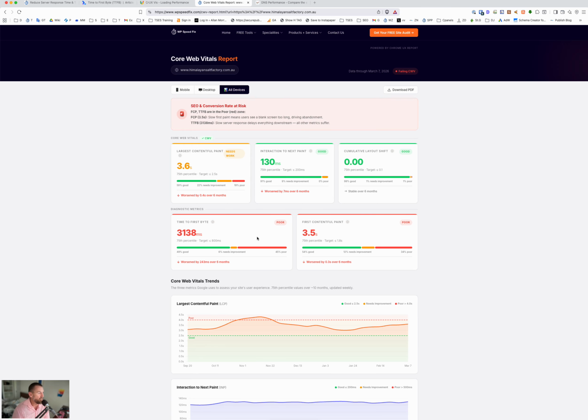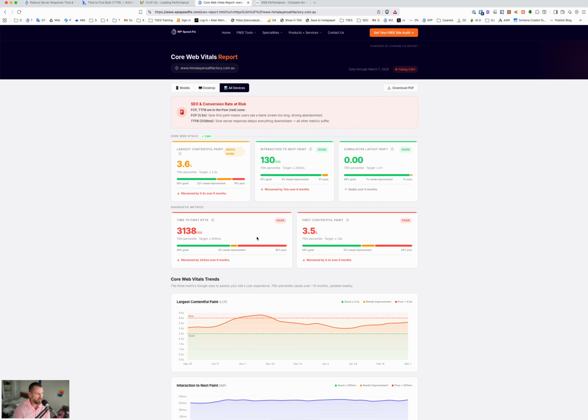So that's not ideal. And usually when we see data like this, when we see half red and green, it usually means there's a specific technical problem to solve, as opposed to something more like this, where it's mostly green, some yellow, and some red. So when we see it like this, there is something wrong. Caching is not working for a particular reason. You can see that FCP time is going to be poor. That's when the site starts to render, and then LCP time is poor as well. That's when the site